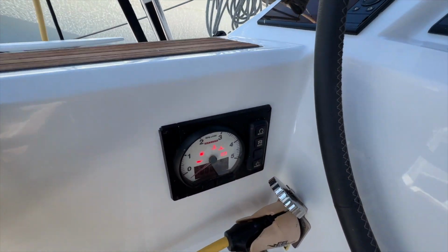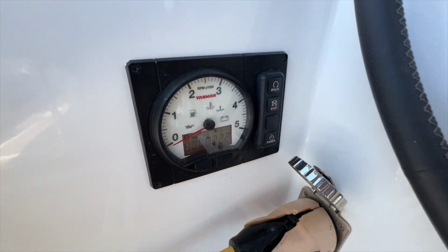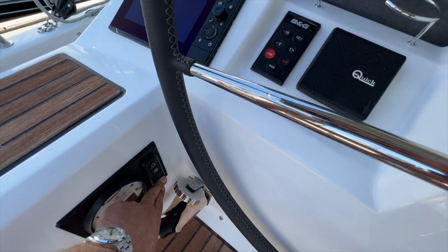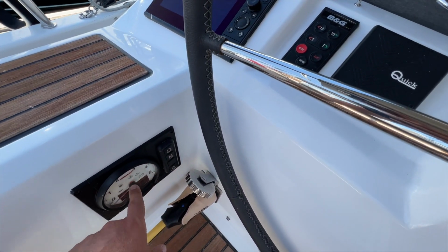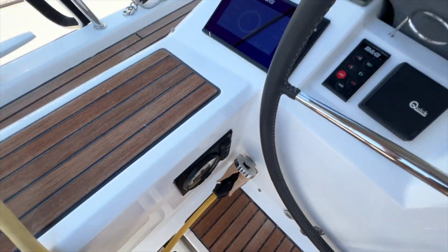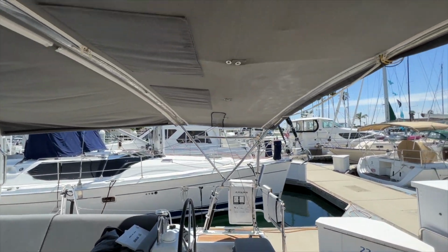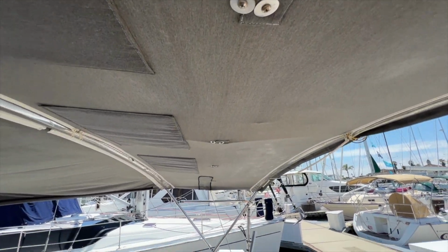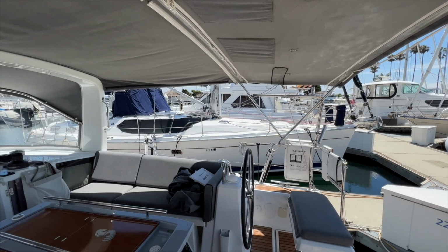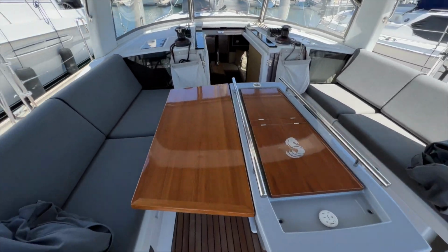The Yanmar display is here. The boat currently has 822 engine hours. Easy push button to turn on and off the Yanmar. The shore power cord is plugged in. However, the boat has solar panels on top of this Bimini, so it's getting a lot of charge from the sun. You can, if it's a sunny day, turn off the shore power and just charge the batteries